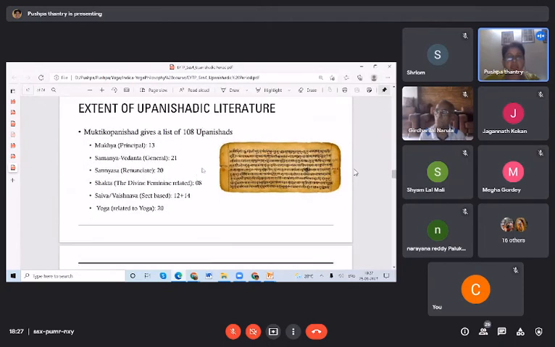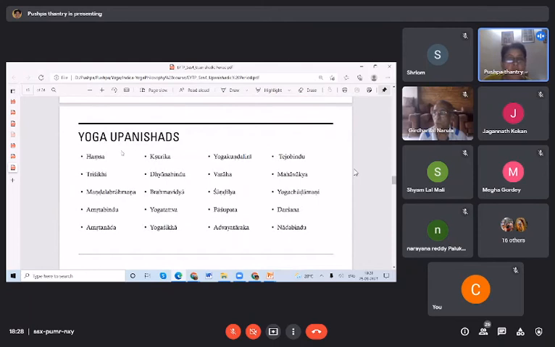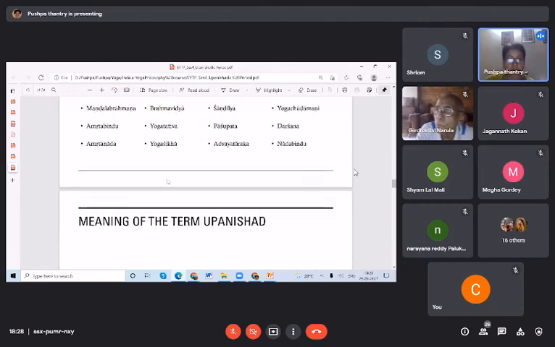Yeah, so again, as I said, there are around 108 Upanishads, and the principal Upanishads are 13, and these are telling the different other Upanishads. But this is again an interesting information to keep in mind. So maybe Sankhya and Yoga philosophy are originating from around 20 of the Upanishads out of all these 118, right? So here they're listing Yoga Upanishads. I didn't see this written in this way in the guidebook, but I think for knowledge's sake, this is also very interesting to have at the back of your head, right?